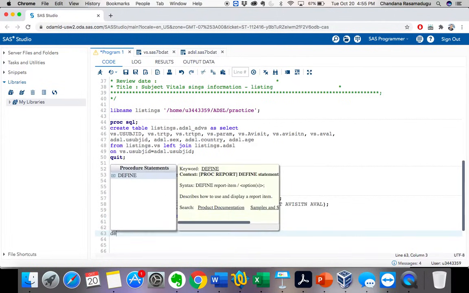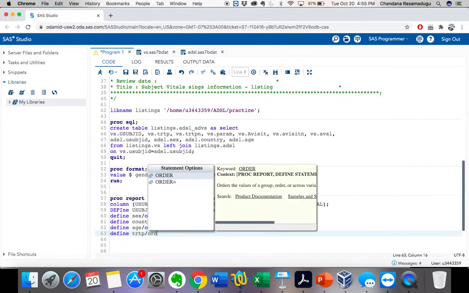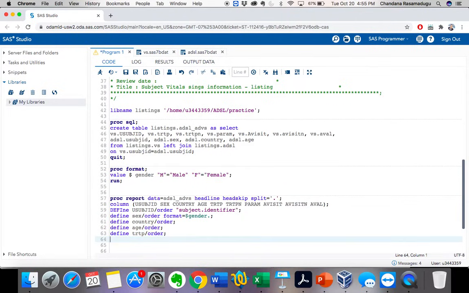And the next one is define TRTP, treatment. And let's give order, so that it will be ordered. And let's take the same, because I have TRTPN values also, right?